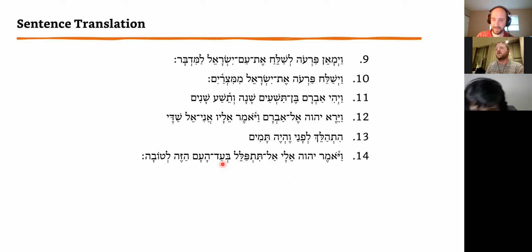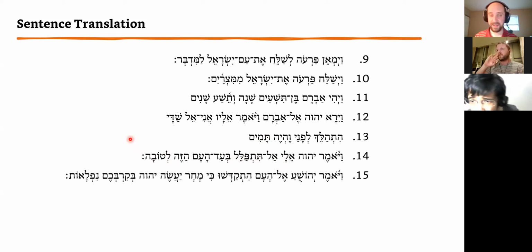Al titpalel be'ad ha'am hazeh, for this people, letova, for good things. Okay? Don't pray for good things for these people. That is not good news, because God was mad because they made the golden calf. Okay. So